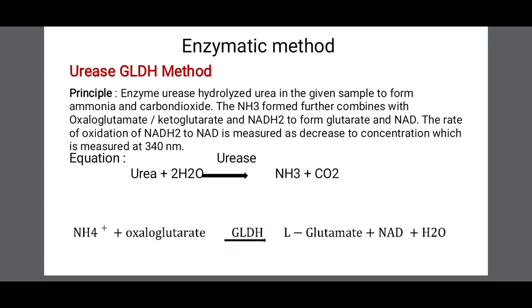The ammonia formed further combines with alpha-ketoglutarate and NADH to form glutamate and NAD. The rate of oxidation of NADH to NAD is measured as a decrease in concentration, which is measured at 340 nanometers. So the equation will be: urea